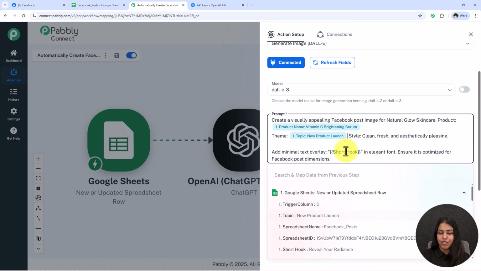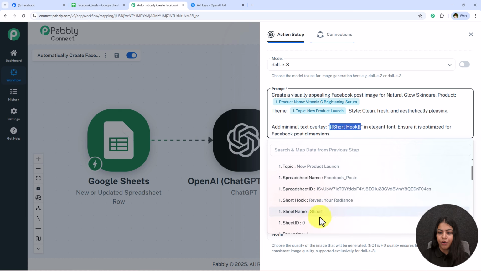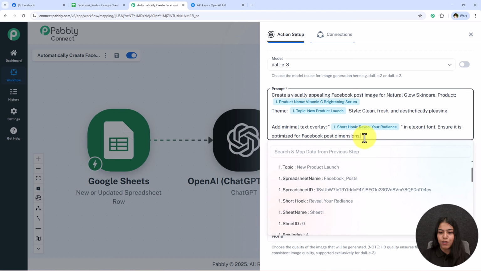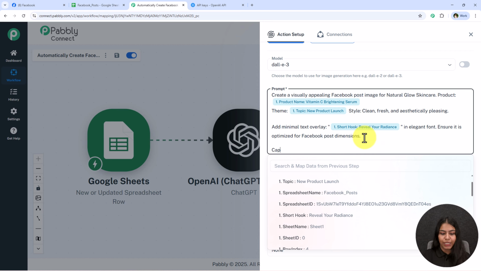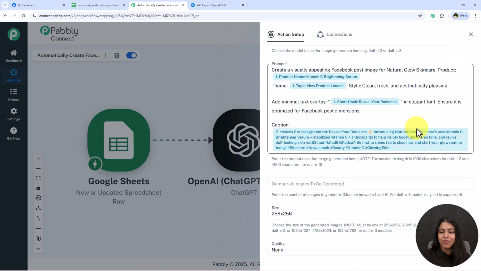I'm going to map the rest of the details, which is the strong hook. I'm going to map this strong hook, and now in the end I'm going to also map the caption, because related to the caption we can generate the image. Alright, so we're going to map this caption from the response of OpenAI, and after mapping all of these details,